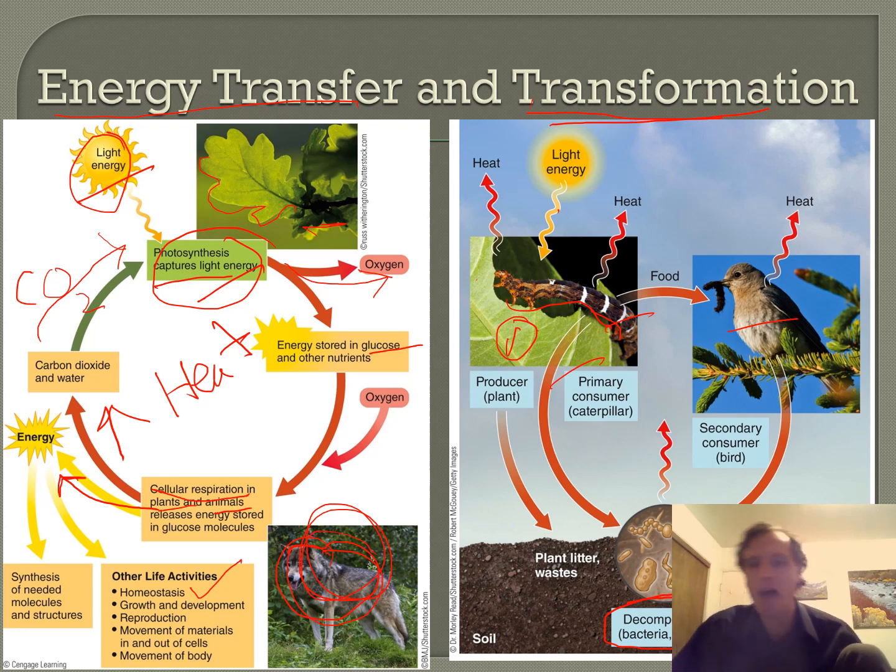Energy, on the other hand, is not reused, not recycled. Energy input from the sun is absorbed, turned into chemical energy, and as soon as it's used, it is lost as heat. Then the organism will use some of the energy to get something done, and that is also the topic of another chapter, which we'll talk about later. For the animal here, energy is also lost as heat and cannot be reused, but all the material in their bodies can be reused because of decomposers.